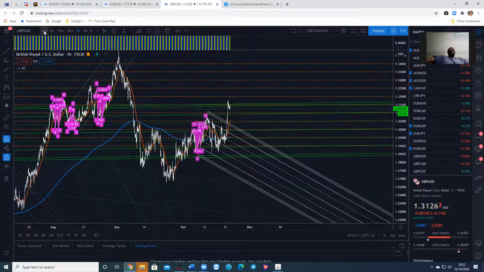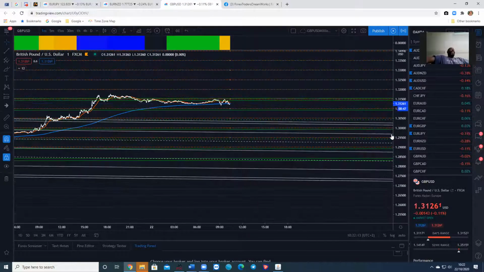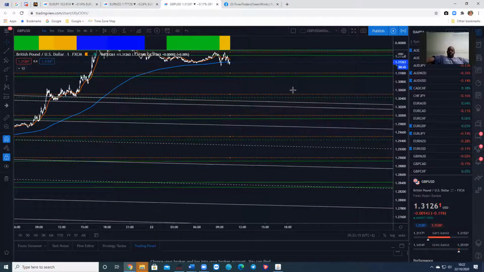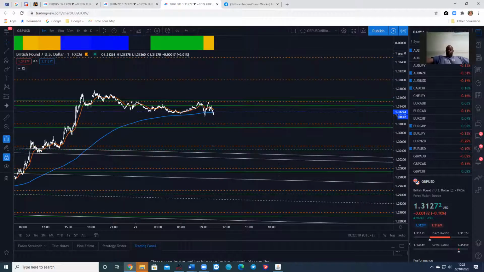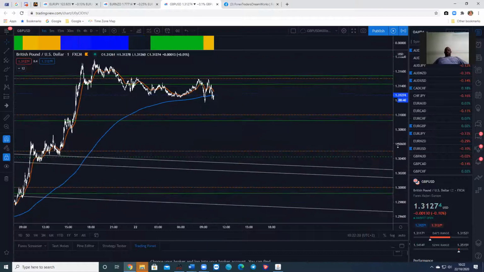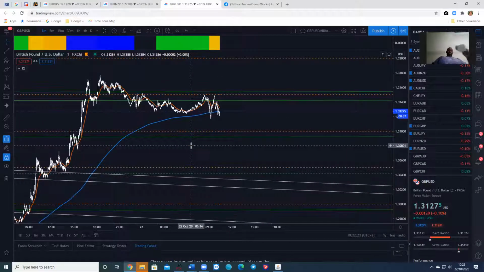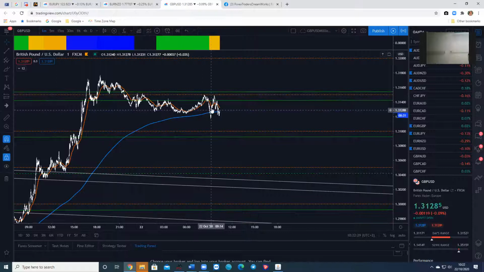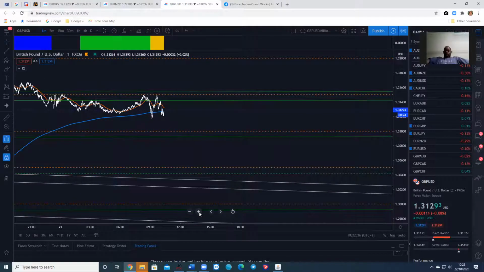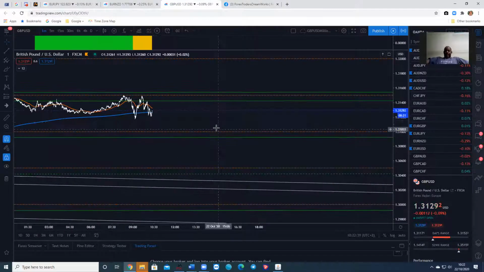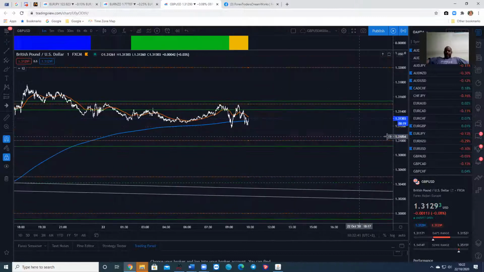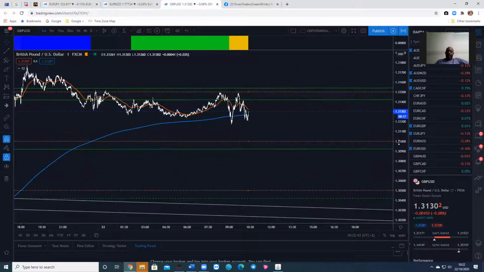So that's the scan. I'm going to put GBP USD in at the moment. As I say, I updated my scans about 1 a.m. when Tokyo opened, 1 a.m. UK time last night while I was watching the charts. I haven't done them again this morning. So this looks like GBP is indeed coming down. We've got the 62 EMA now crossing down, coming down over the 15-minute blue line, which is how it would appear on the longer time frame if we were looking at it on the 15 minutes.